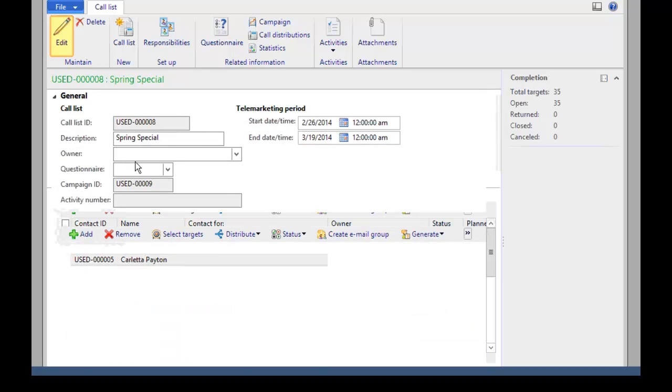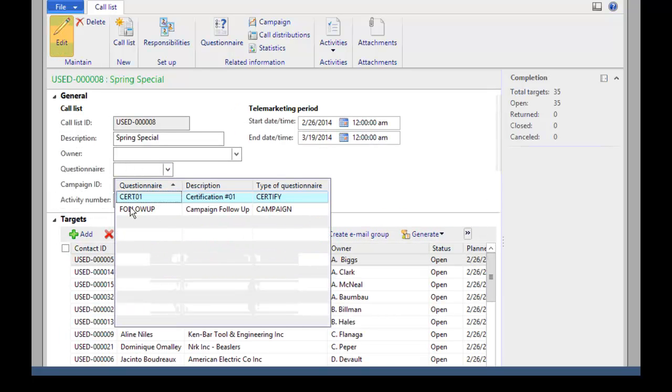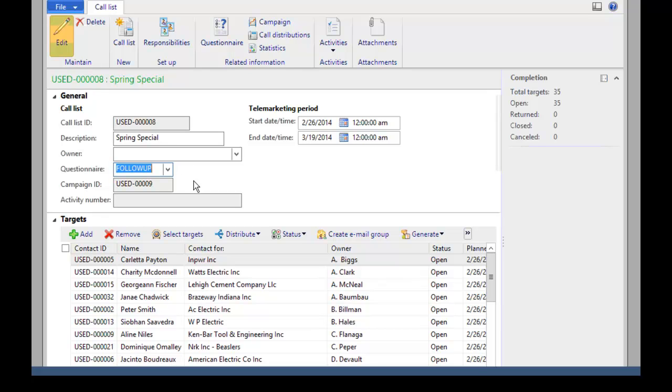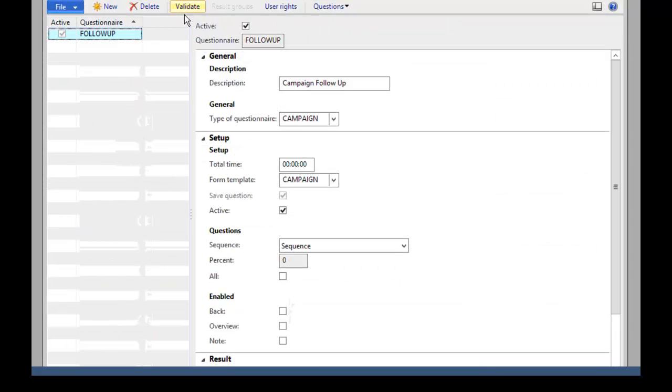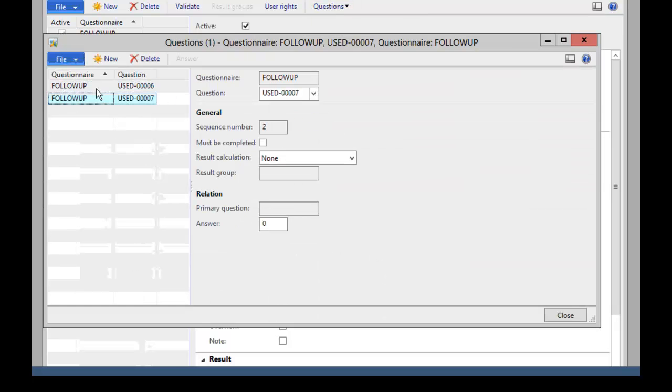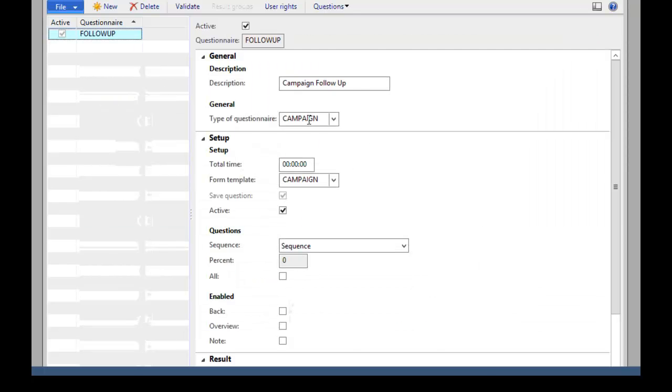Also what I can do is I'm going to be clever here and assign a questionnaire, which is really a call script that I can use for this telemarketing call list. So that when, for example, the employee talks to the customer or the prospect, then if they click the questionnaire, then we're going to have a number of different questions that they get asked. So how this works